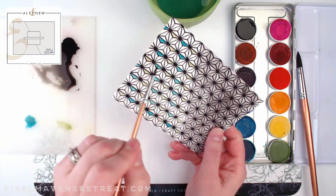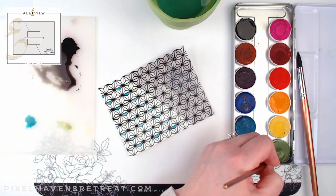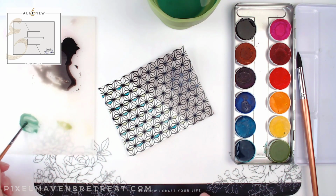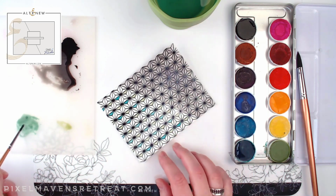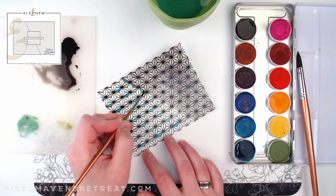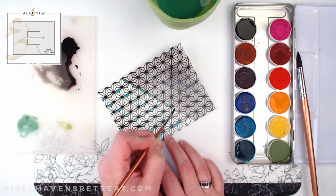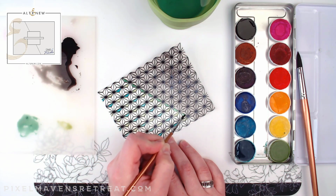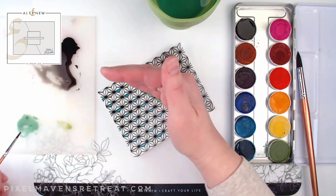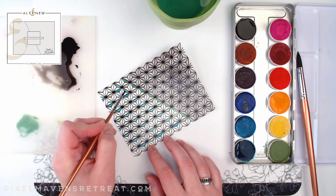All right, now that I have those first two done, I'm going to go down this angle here to finish this off, and I'm mixing the Forest Glades and the Emerald together, and it's going to give me more of a kind of a Kelly green, a true green look, and I'm going to hit this angle here all the way across the panel. So once I've got this first one done, this is going to help make that line be more evident,